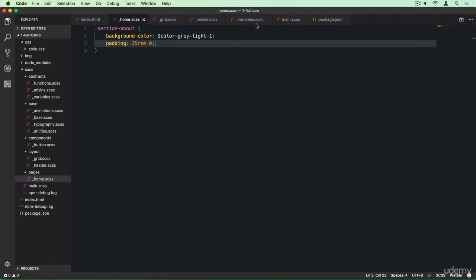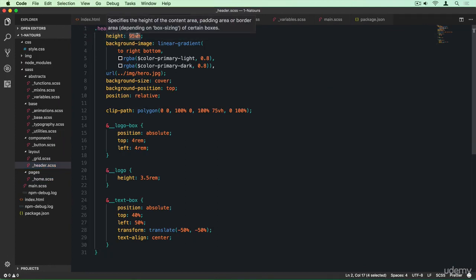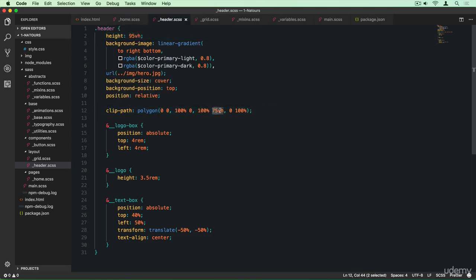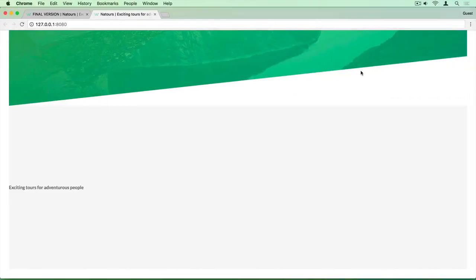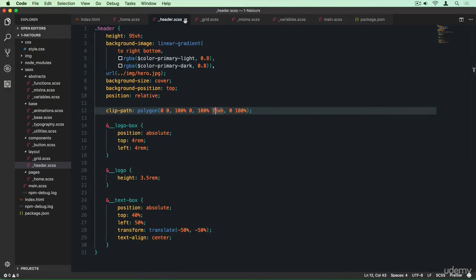So let's take a look, and it is in the header file. You see that the height of the header is 95 VH, so 95% of the height of the viewport. And then we know that this polygon on the right side goes until 75 VH, right? So from here to here, it's 75. And from here to here, it's 95. And so the difference has to be 20. So 20 VH is this difference, 95 minus 75. Make sense? So let's